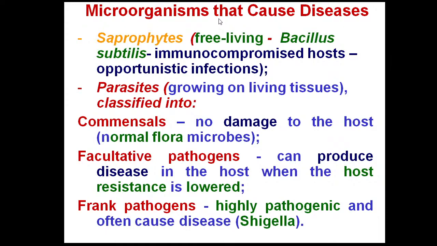And then finally, the group of so-called frank or primary pathogens. What are they? These are the highly pathogenic bacteria, and without regard to the level of immunity, as soon as they enter the body, they usually cause disease. And what we will study in special microbiology next year regarding bacteria and viruses are mainly frank primary pathogens. Okay,